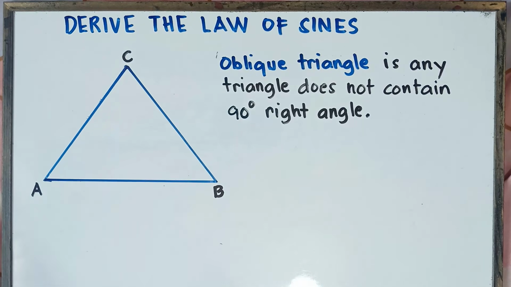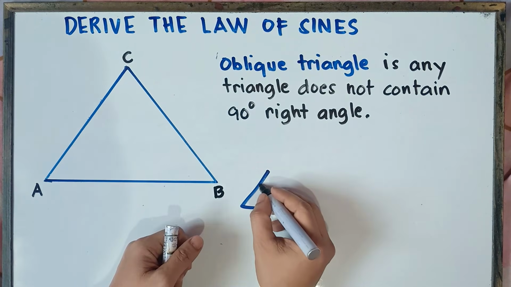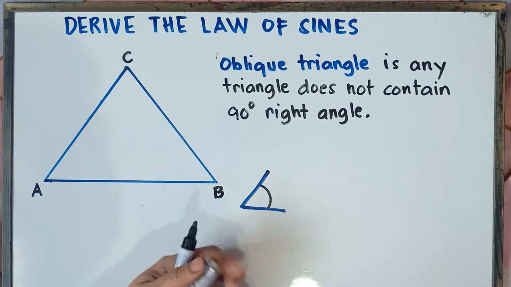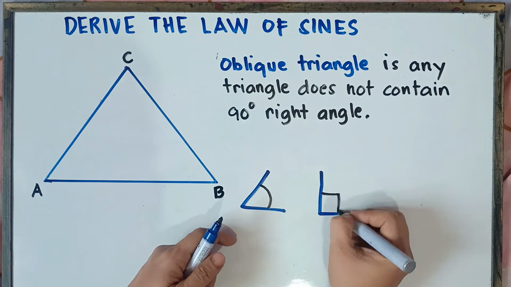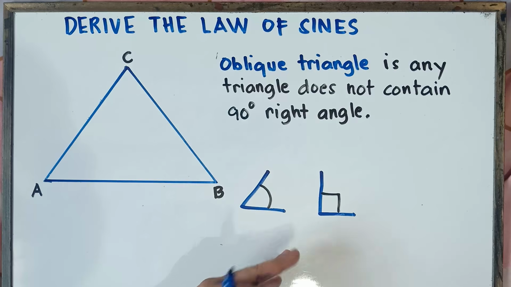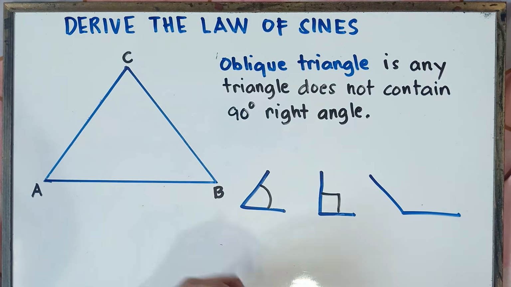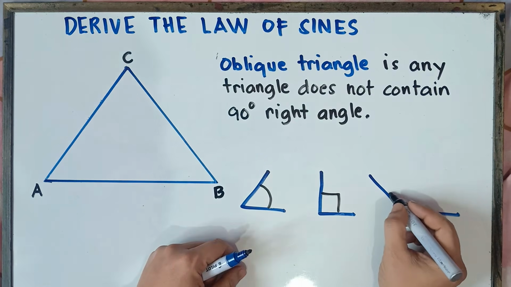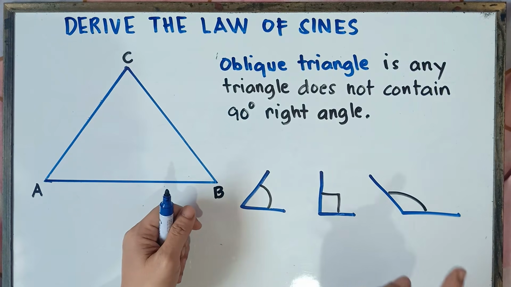So let me just recall, class, with regards to the angles before we derive the law of sines. For example, this one right here, we call this an acute angle because this is less than 90 degrees. Another example: if you have an angle like this and it forms a box, therefore, class, we call this one a right angle. It is exactly 90 degrees. How about this one, class? What do you call this angle? Greater than 90 but less than 180. That's correct. We call this one an obtuse angle. So we have an acute angle, a right angle, and an obtuse angle.